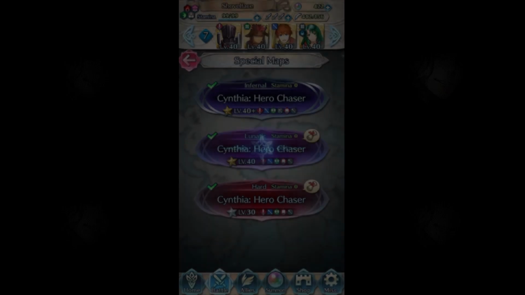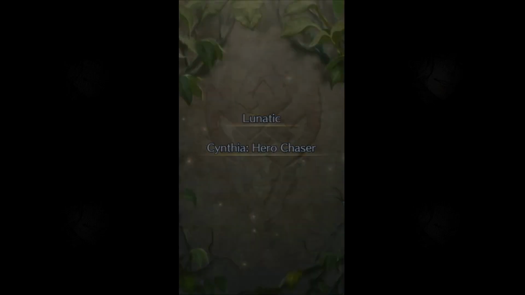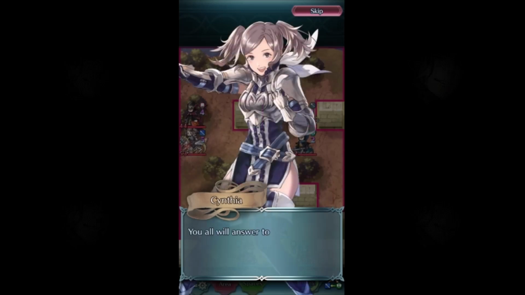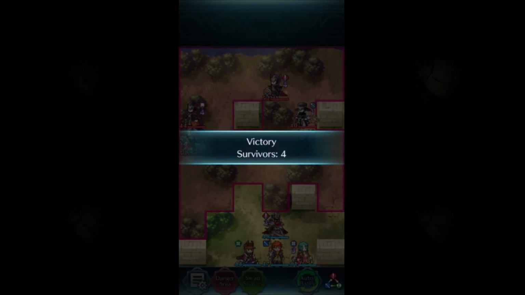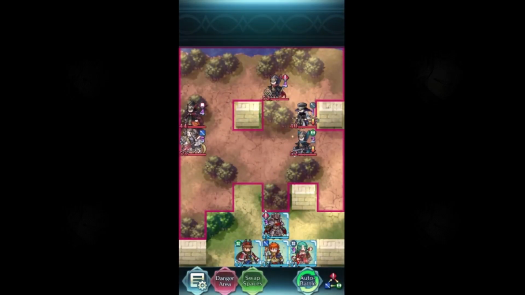Remember, Vantage you can get from Gordon, you can get him from Rooker if you really want to do that. And you can get it from Lon'qu. There's a bunch of ways to get it. It's not premium fodder at all. And it's super good with any unit that has like this encounter or stuff like that. Anyway, we're starting off with